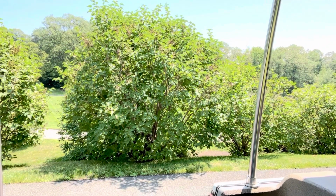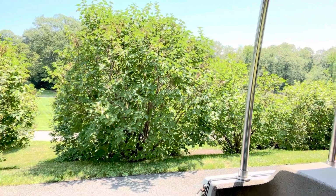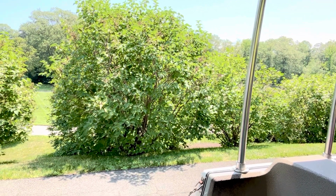As the road curves, you can see the beauty of the Michael Steinhardt Maple Collection. Here, native maples grow alongside